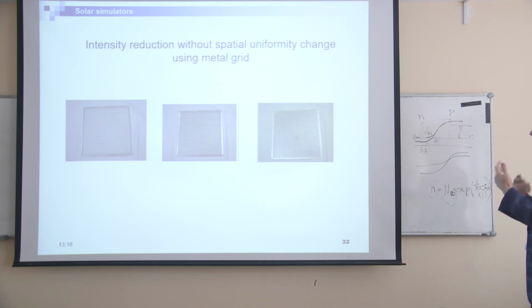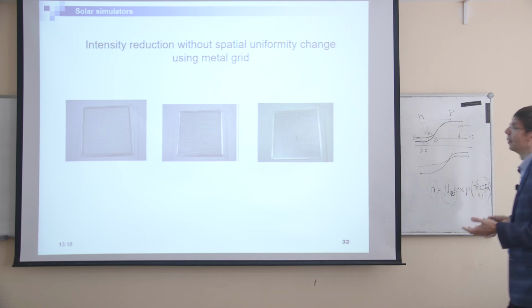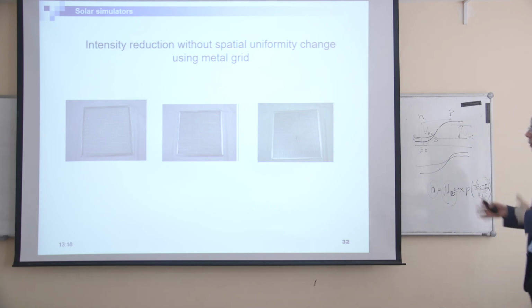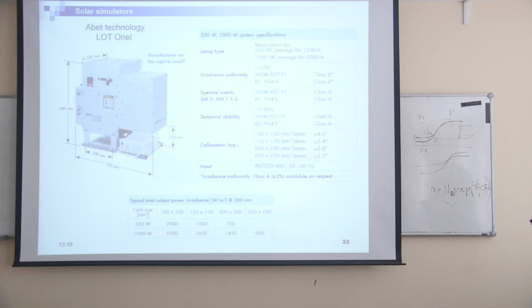But if you want to decrease intensity over a high range, you have to use some neutral filters, which do not affect the spectrum. The simplest solution is to use some metal grid, so just no influence to the